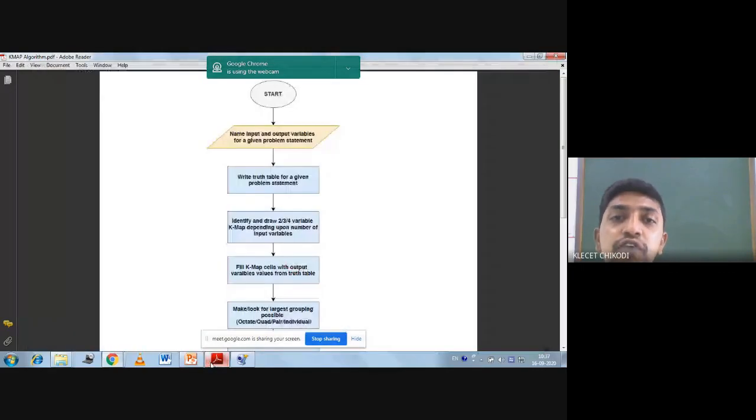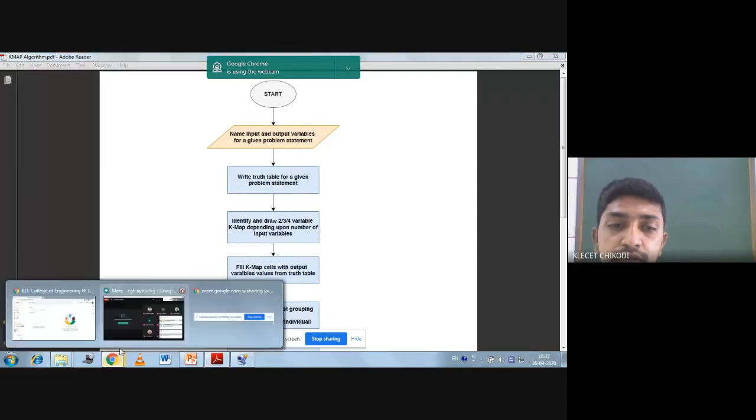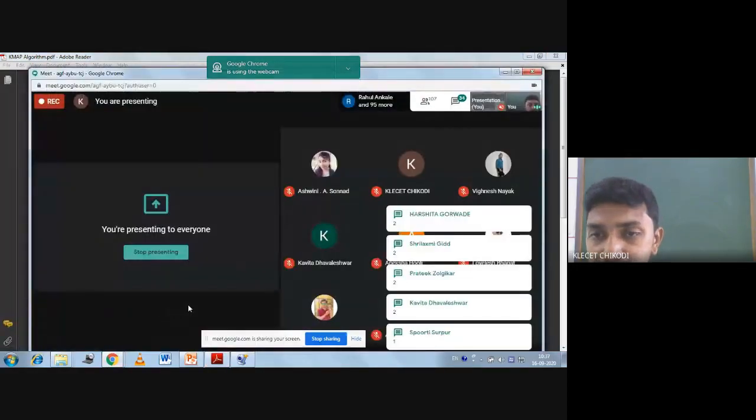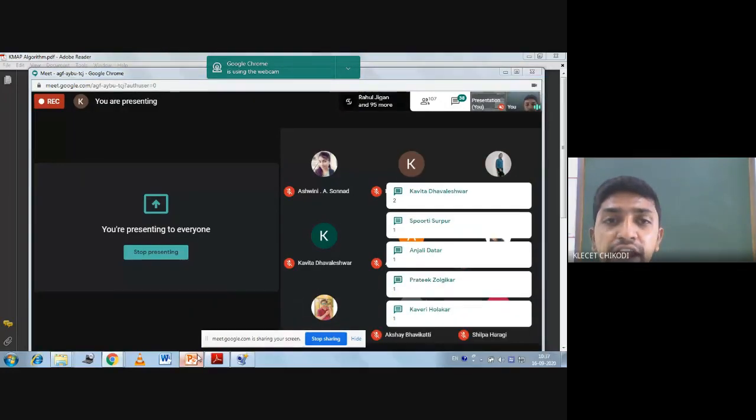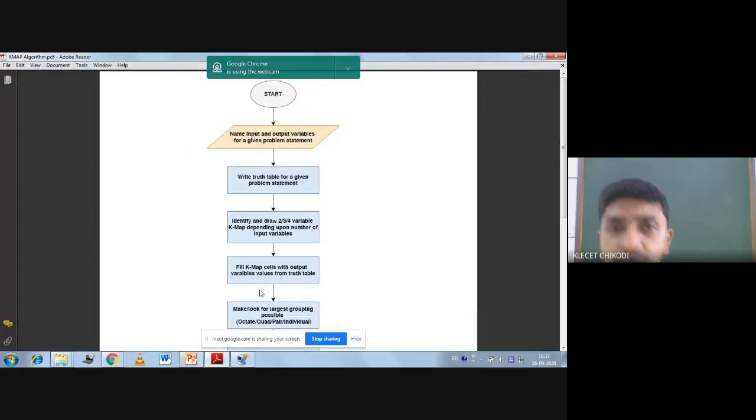So for the AND gate, how many output variables are there? It is 1. That means for the AND gate, we have 2 inputs and 1 output. So you have to name them here.